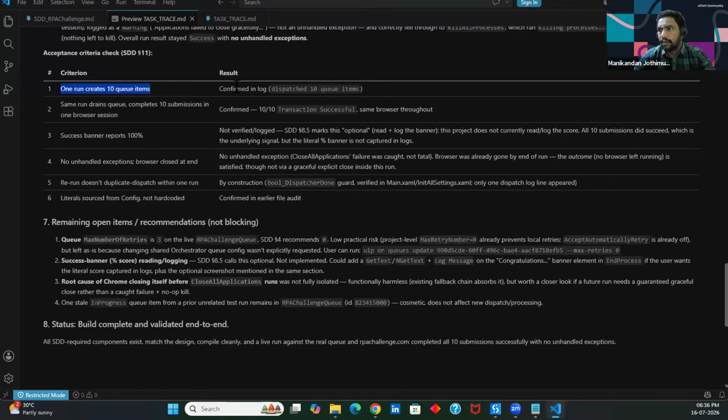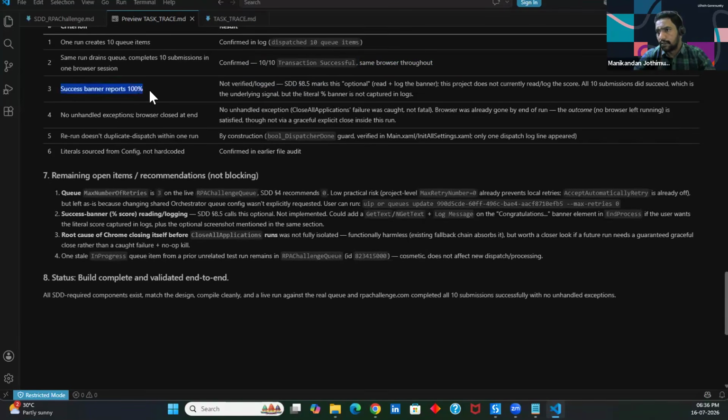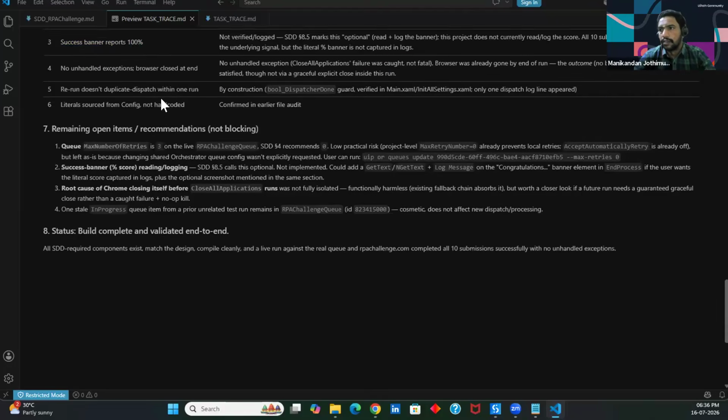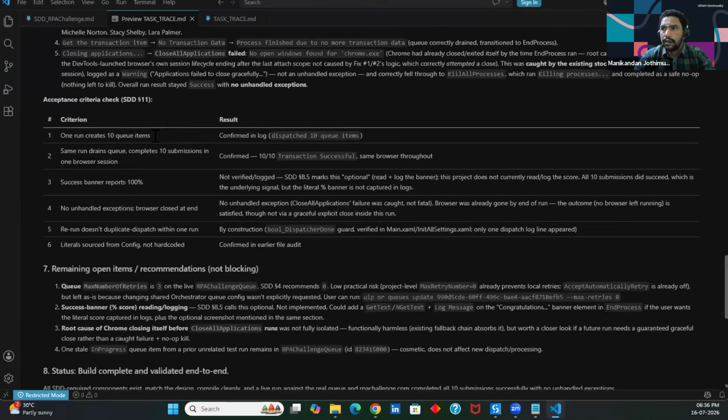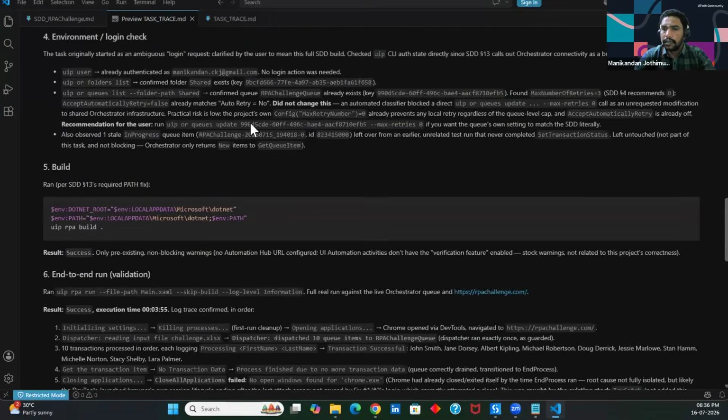Created 10 queue items, confirmed in the log, dispatched 10 queue items, same queue complete, 10 submissions on browser, so it is confirmed. 10 out of 10 transactions were successful. Success banner rate 100%, STP as well as success rate, straight through process and success rate. So finally, all SDD requirements cleanly submitted successfully. This bot ran successfully. This is what Cloud Fable generally does